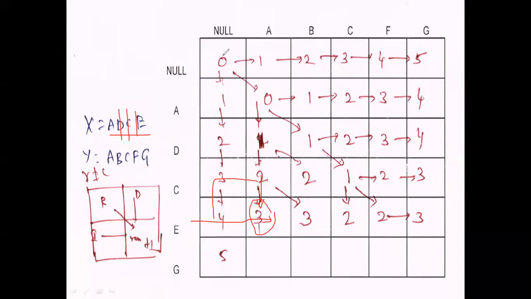Okay, next one. ADC is converted into AB. The total number of operations is 3. Here the total number of operations, 3, is represented by using 3 values, 1 replacement value, that is your diagonal value, 1 replace. That is R is not equal to C.